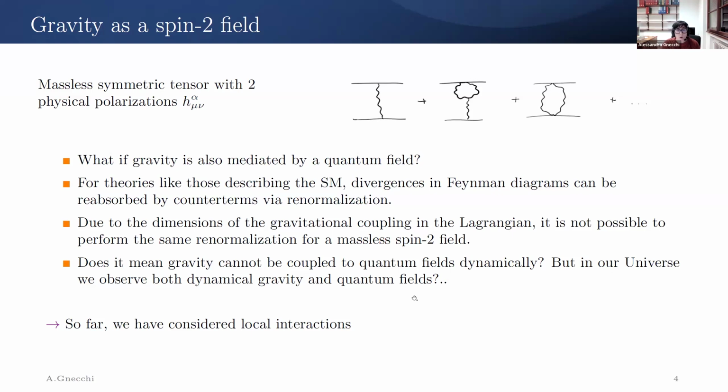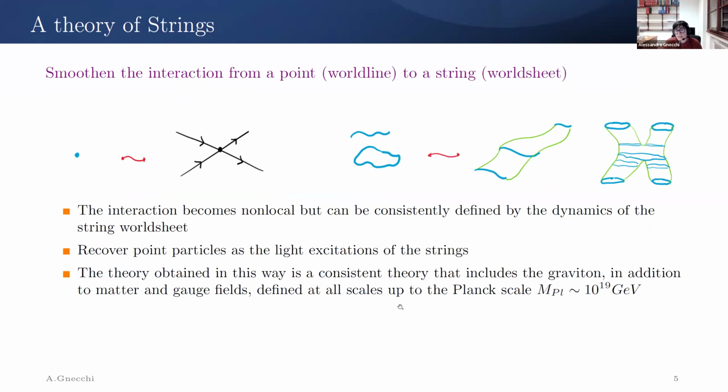And there's a caveat. I can get away from these problems by considering not just local interactions, but even the possibility that interactions are not local. And the simplest way to generalize this local interaction is to spread the locality, not just from a point to a line. So instead of having point fields that describe point-like excitations, now I'll have a string that I quantize the same way, analogous to what I would do for a field that is local.